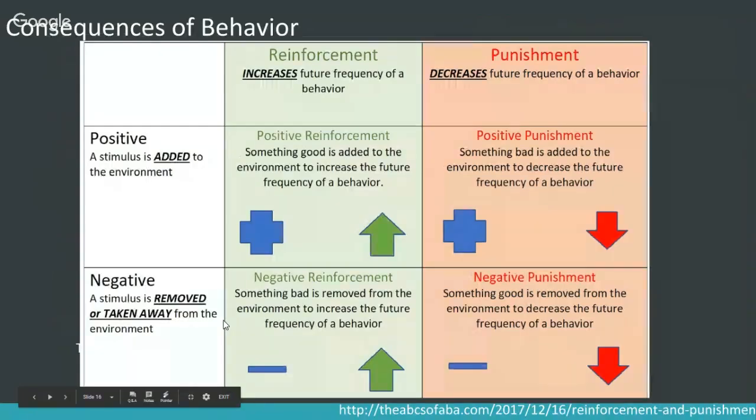So with the consequence after the behavior, we need to deliver it immediately. There are positive and negative consequences. Positive reinforcement is when we add something and it makes the behavior increase the future frequency. Punishment is when we decrease the future frequency. Now we just have to remember, reinforcement increases, punishment decreases, positive adds something, negative removes or takes something away from